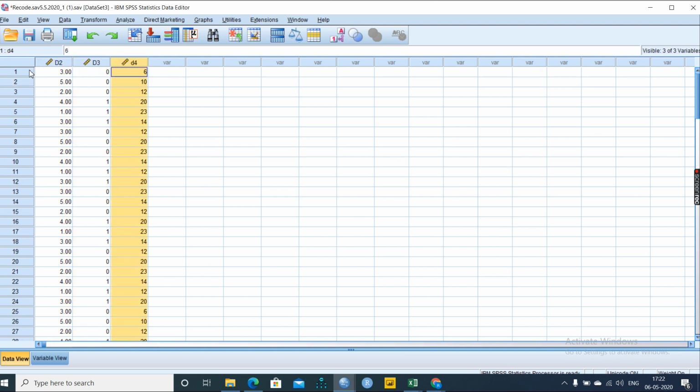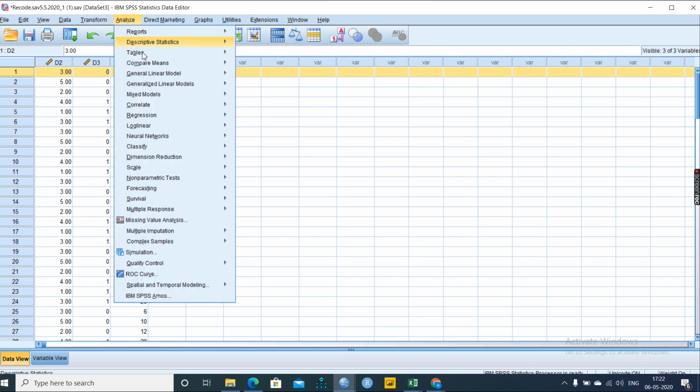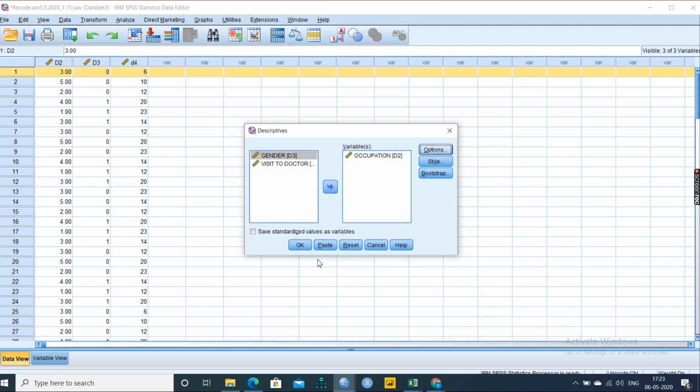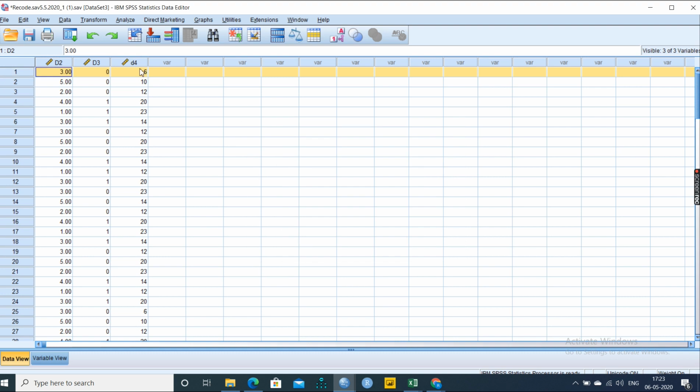So when we want to study the overall degree of satisfaction or overall degree of, say, their agreement, we cannot do this through Analyze, Descriptive, and clicking the option called mean or sum or whatever it may be. That is generally used to find the mean or sum for that particular variable alone. I want to find the overall satisfaction of each and every respondent.